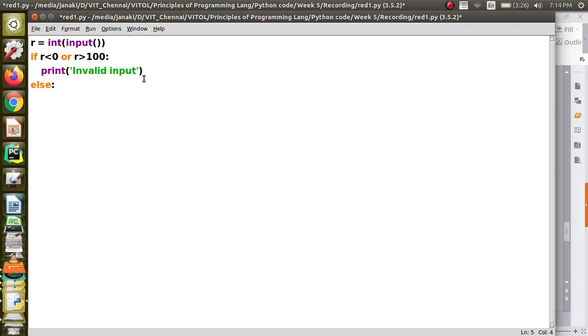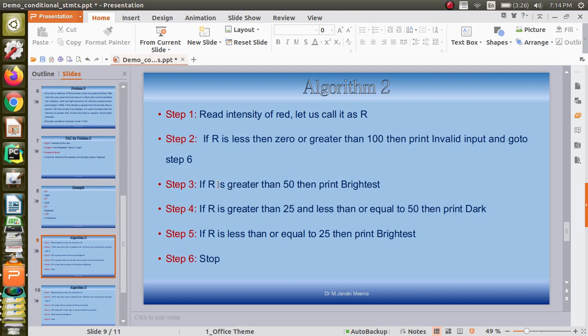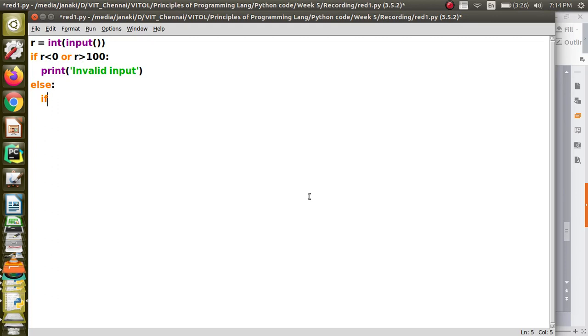We are going to do the processing only if those conditions fail and it is a valid input. So else, if R is greater than 50, then you are going to print brightest, right?